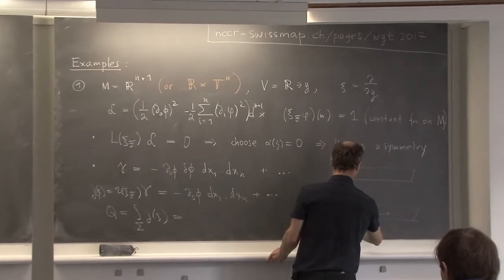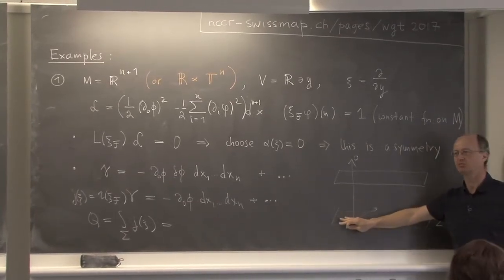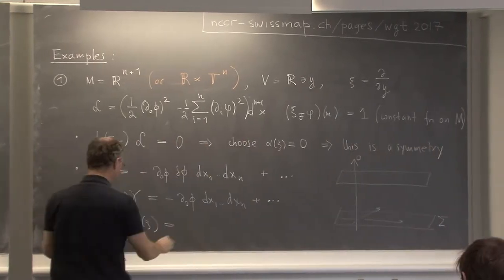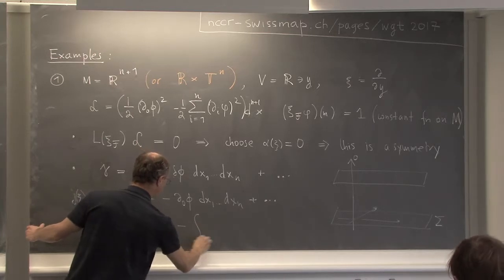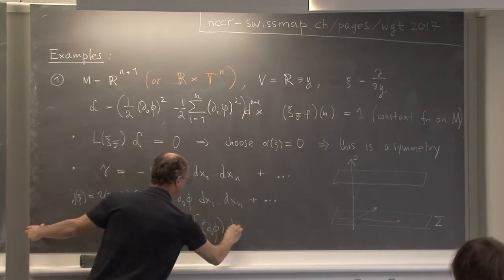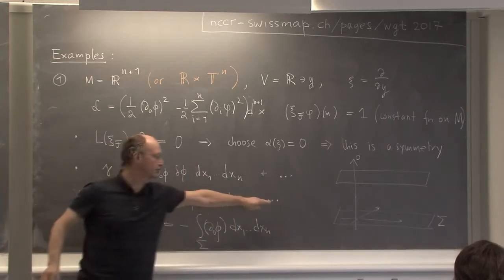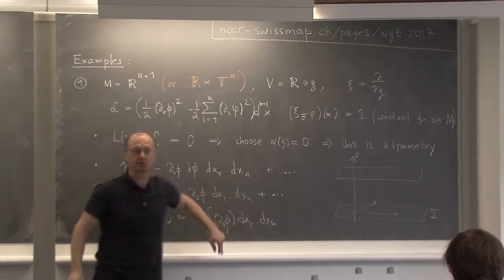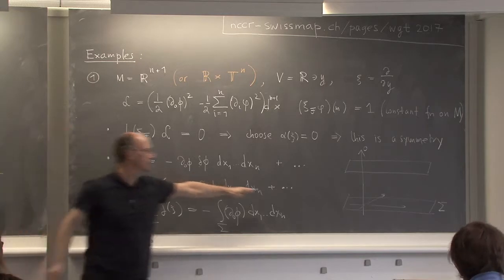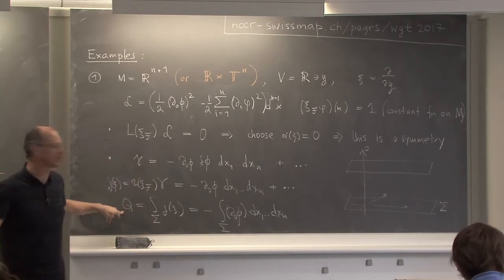And these are all the other x's. And I would like to choose my sigmas to be simply equal time slices. So q is an integral over sigma, and this is an integral of d naught phi times dx1 ... dxn. Notice that this formula is correct. All the other terms are not going to contribute because one of the dxi's is missing. So actually, that's why I permitted myself not to write the formula in such a detailed fashion, because all the other terms don't contribute in the charge.